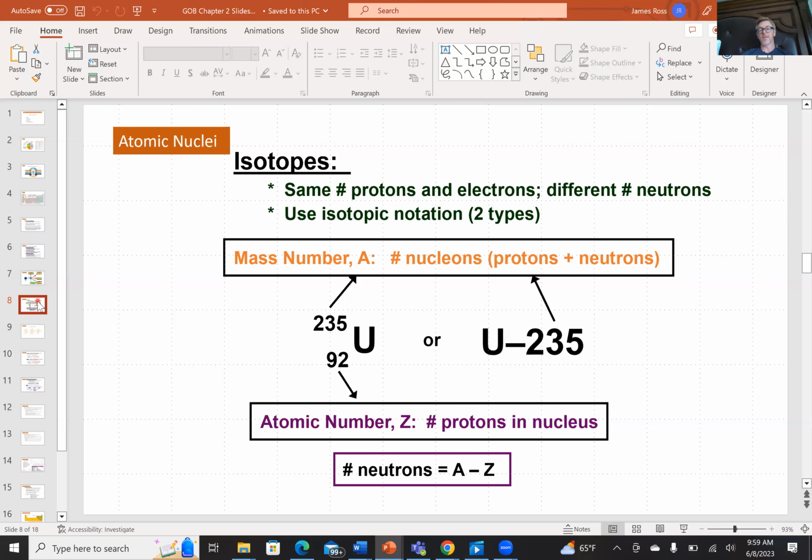Isotopes are flavors of elements. Isotopes are atoms of the same element with different masses, but the same number of protons. So by definition, if you're an element of the same kind, you must have the same number of protons, but you can have different numbers of neutrons and electrons. So for example,